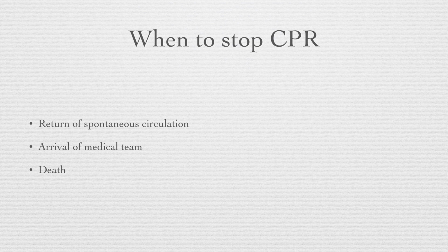When to stop CPR? In case of return of spontaneous circulation, stop CPR. If a medical team has arrived, then stop CPR and hand over the patient to the medical team. And obviously in case of death,